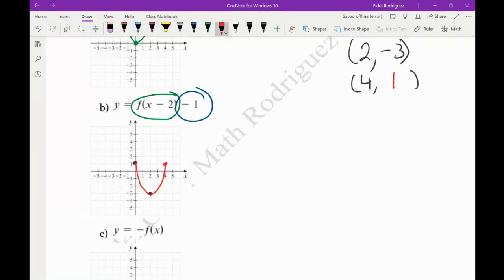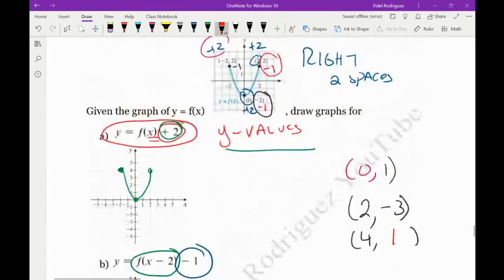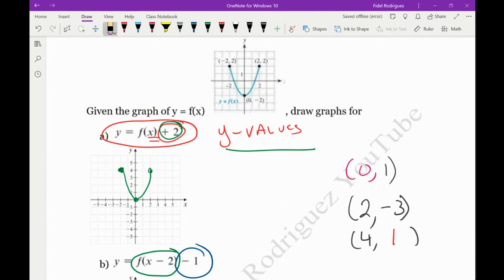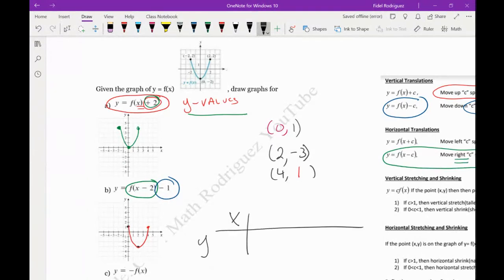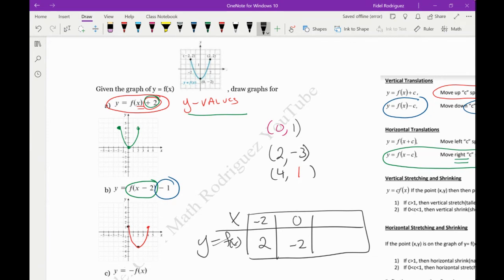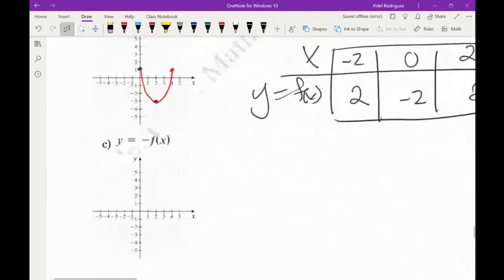Okay, look, we got a third part. Okay, let's see if we can't figure this out. So guys, I'm going to come back over here to try to make this hopefully somewhat easier. Like we did earlier, I'm going to make a table of values. And this way, I have something to reference, right? Okay, so when x was -2, y was 2. When x was 0, y was a -2. And when x was +2, y was also +2. Okay, so now that we have that,